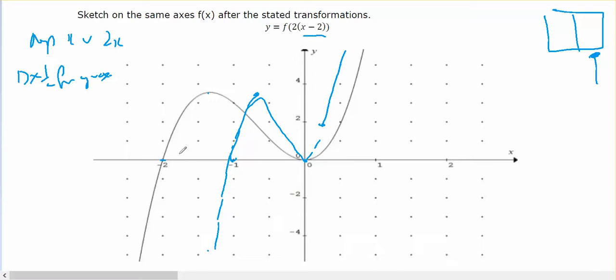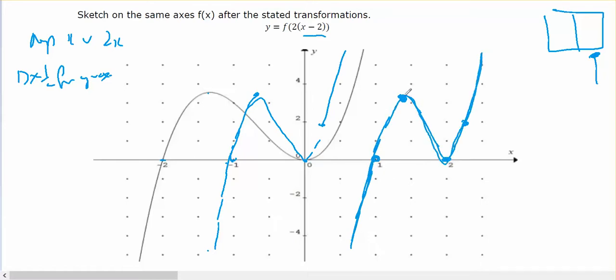I'm moving everything 2 units to the right. So this will eventually go over to here. This will eventually go over to here. This, 2 units, will go to there. And this will go to there. So end up with a curve that will look like